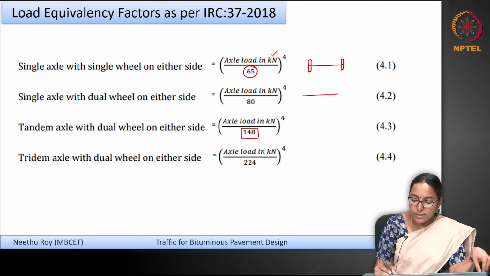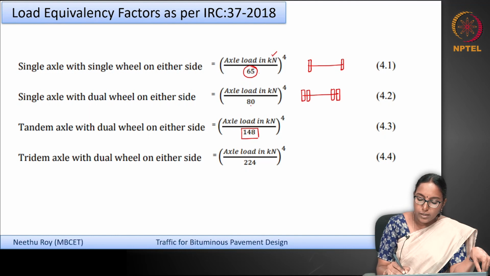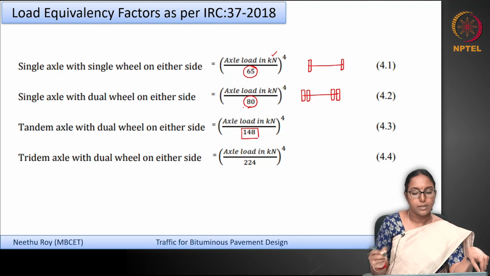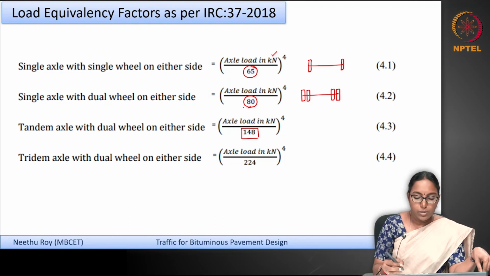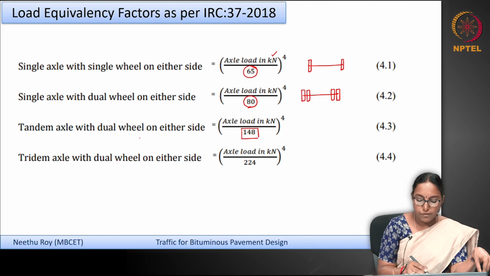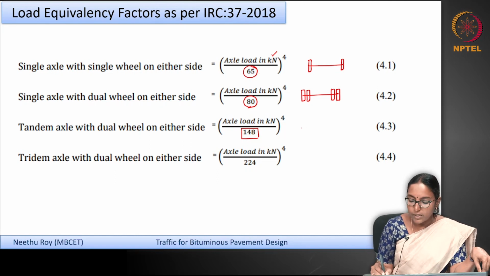Whereas if you have a single axle with a dual wheel on either side, the standard load is taken as 80 kilonewton, as we have already discussed. So the load in question divided by 80, raised to 4, will give you the load equivalency factor. Similarly, in the case of a tandem axle with dual wheel on either side, I'll just note it like this,